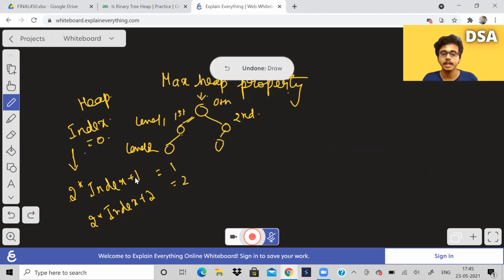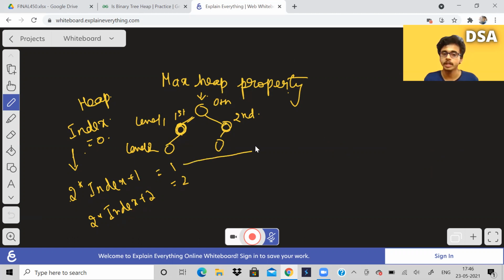Okay, so now the index value over here is 1, over here it is 2. In this function call, index is 1, in this it is 2. Now again you go to the left of this. So what will index become from here? It was 1. Over here it is 1. It will become 2 into index plus 1, which is equal to 3. And 2 into index plus 2 will become 4.